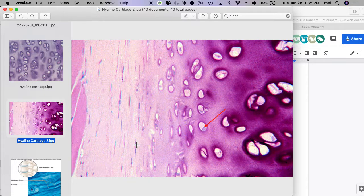This is, again, hyaline cartilage. Hyaline cartilage is found at the ends of almost all of your bones, where the bones articulate with other bones. So two bones, or three here. So if I'm forming the glenohumeral joint,